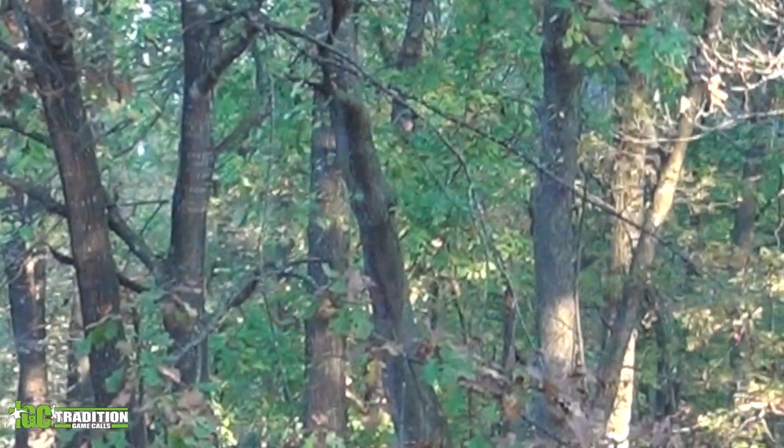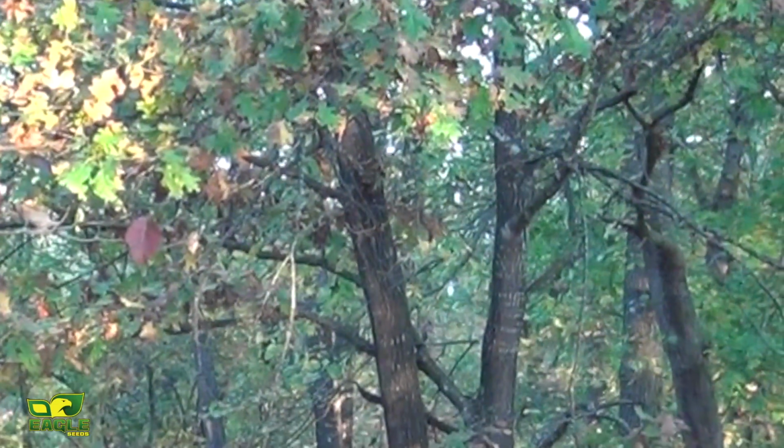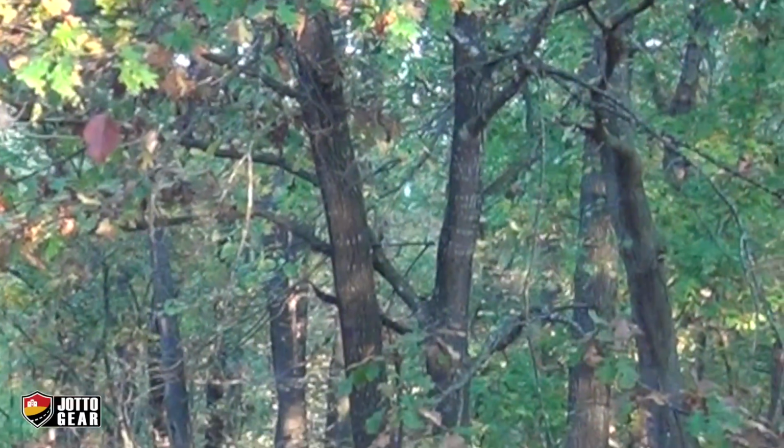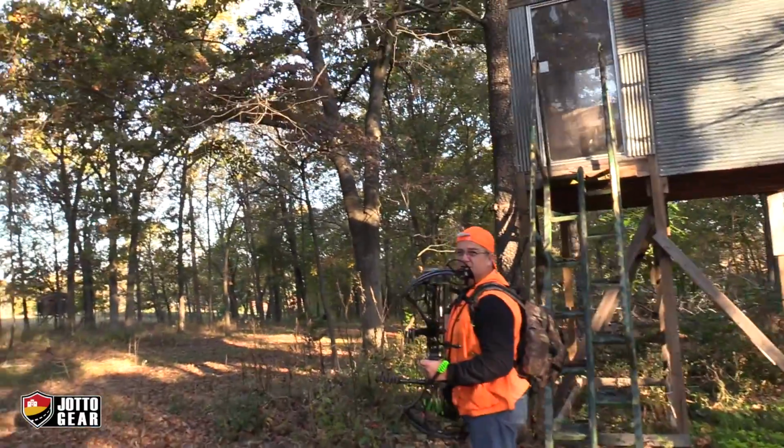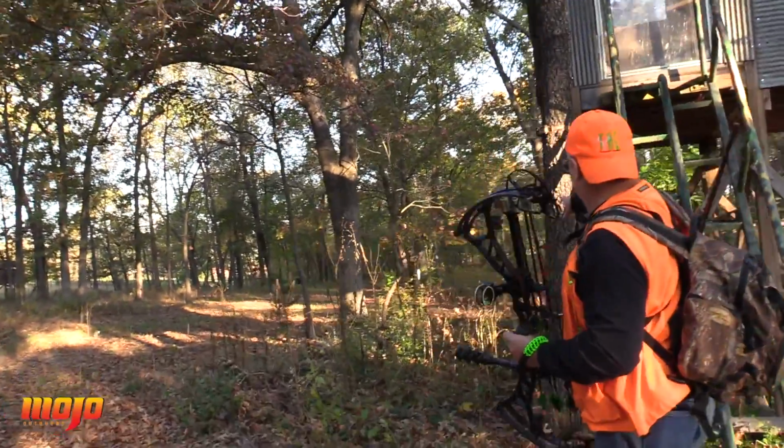Got the big boy. Yeah, it's a good hit. My gosh, he showed up and it's like, wow. Through there. Probably gonna come this way in the food plot, but he didn't. So we went over here and